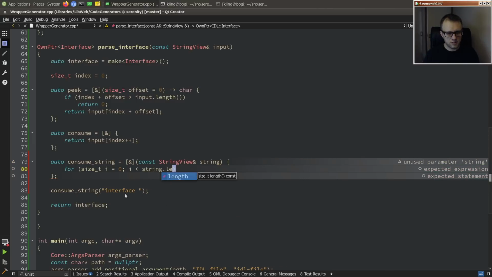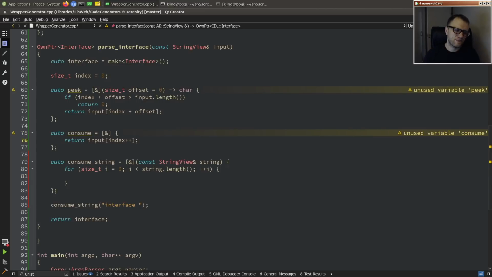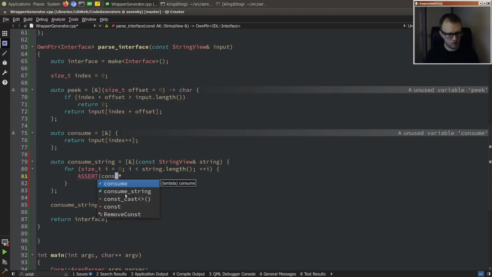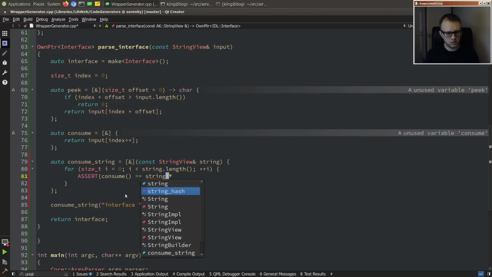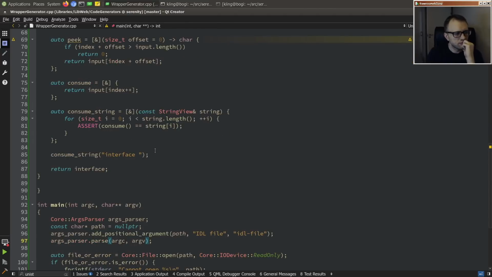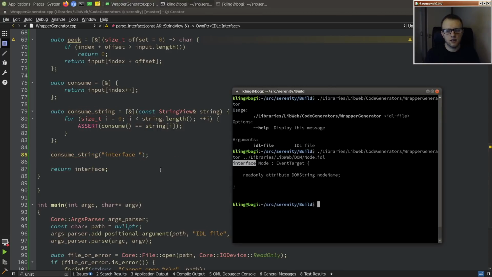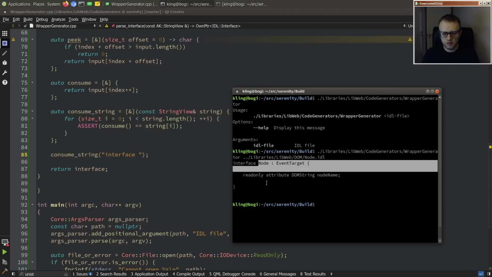Wow, I haven't written one of these goofy parsers in a while. I forgot how I normally do it. Okay, so assert consume equal to string I. Yeah, that's pretty good. Okay, and then we want to consume a